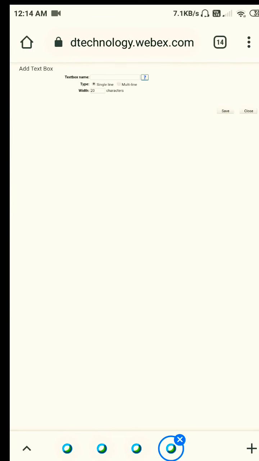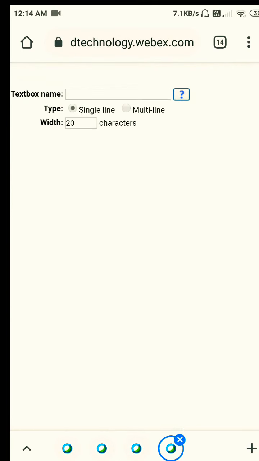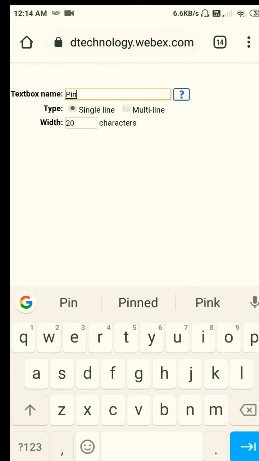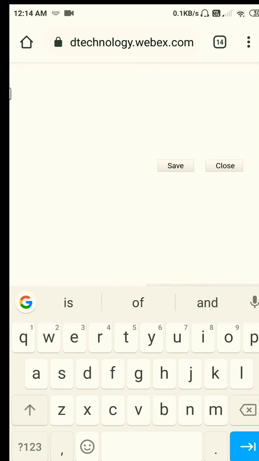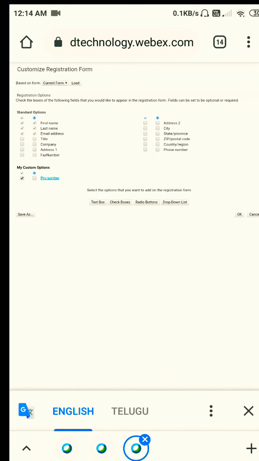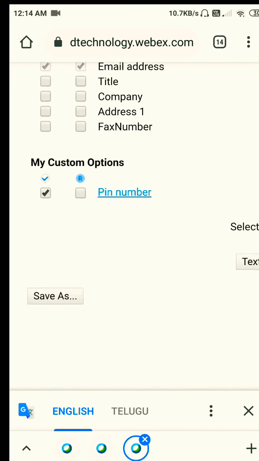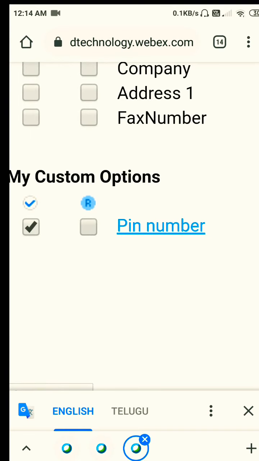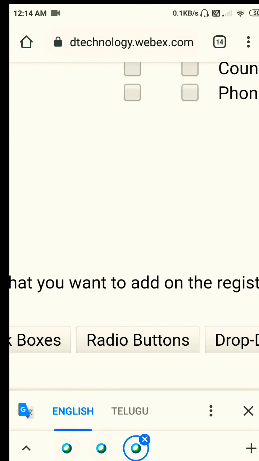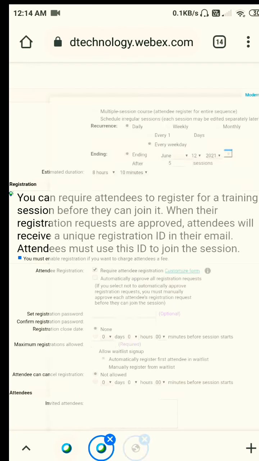You have to click on that. In the text box, you need to give the PIN number as the text box name. You have to save it. If you want to make it compulsory, then double click on it. Two tick marks should be set there, and click OK.